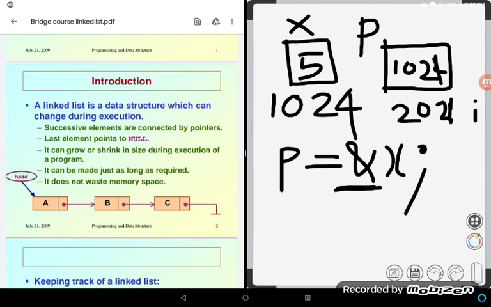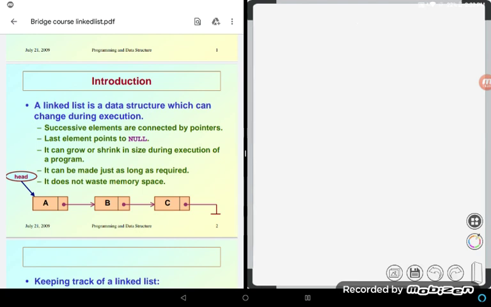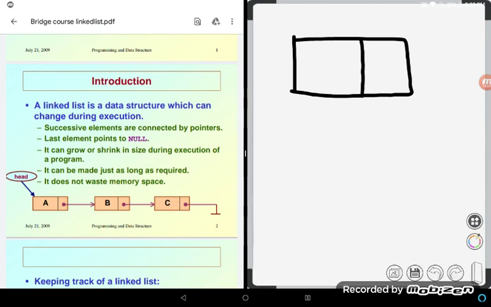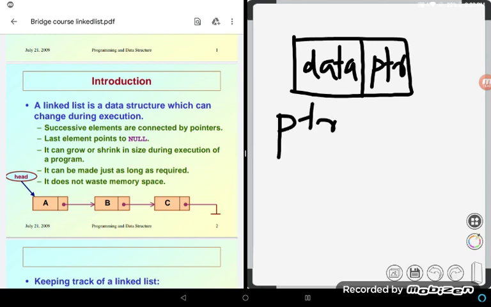And we need pointers here. Take a linked list, a particular member of a linked list. A simple view is that it can be divided into many compartments, and we will simply divide it into two compartments. The first one will store data and the second one will store a pointer. Which pointer? A pointer to the next element.